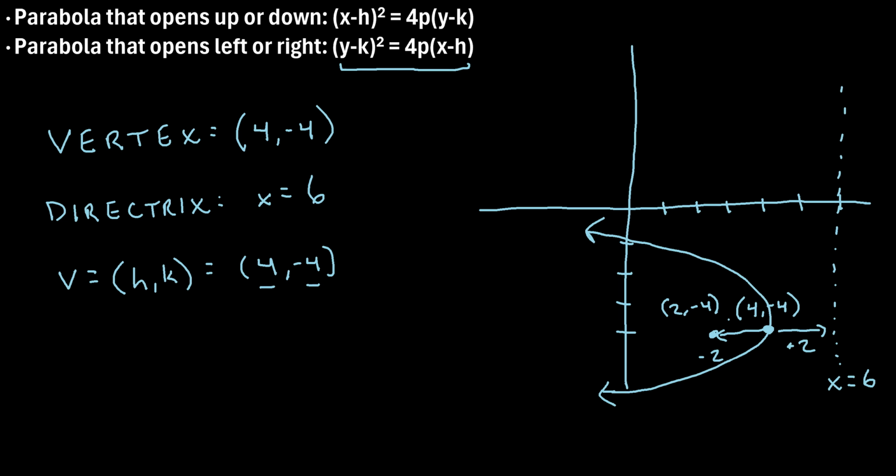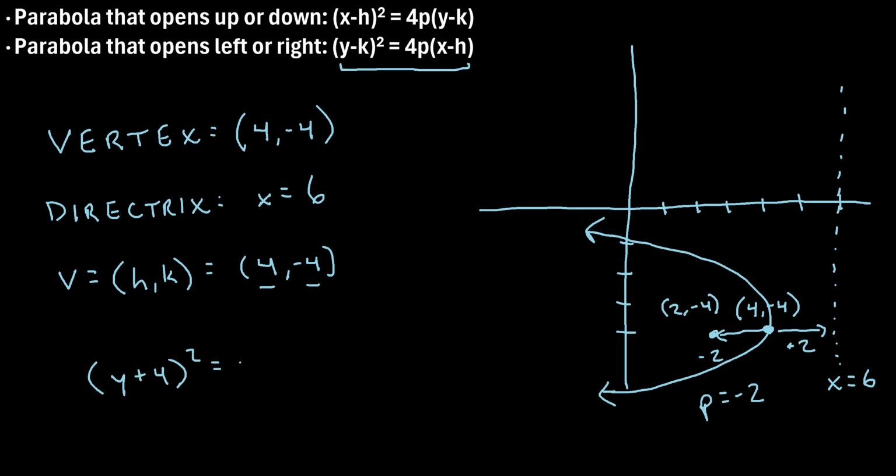So p is the distance that we have to go from the vertex to the focus. Well, we just said we have to subtract 2, so p is -2. And that makes sense because whenever we have a parabola that opens left, the value for p will be negative. So we know p, and we know h and k, so we can write our final answer in this form of (y minus k) squared. So we have y minus, and we said that k is -4, so if we subtract a -4, that's plus 4. So y plus 4